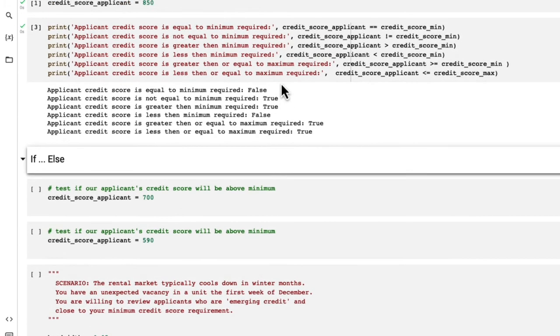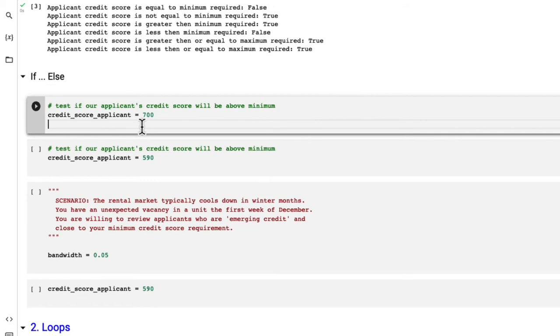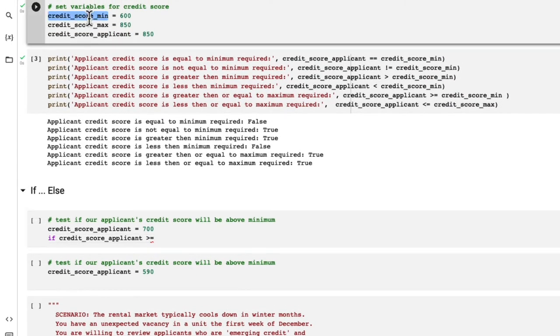We tested it here when we were doing these print statements, but how do we actually put it into an if statement? Well, we first start with typing out if, then we start with the variable we want to compare. In this case, we'll start with credit score applicant. Next, we want to check, is this value greater than or equal to the minimum credit score? So we will use greater than or equal to, and then we will copy the score minimum that we set up top,